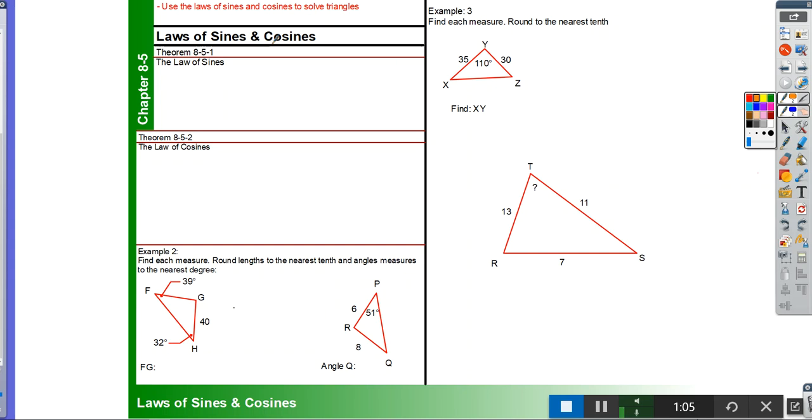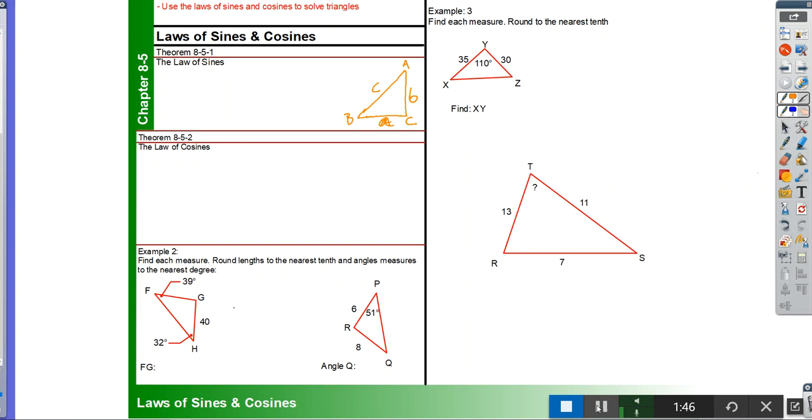The law of sines simply says that if I have a triangle, and we'll call this triangle side length A, B, and C, which means that this is angle A across from side A. This is angle B across from side length B, and this is angle C. And notice how capitals have to do with angles, and lowercase has to do with side lengths. All right, so